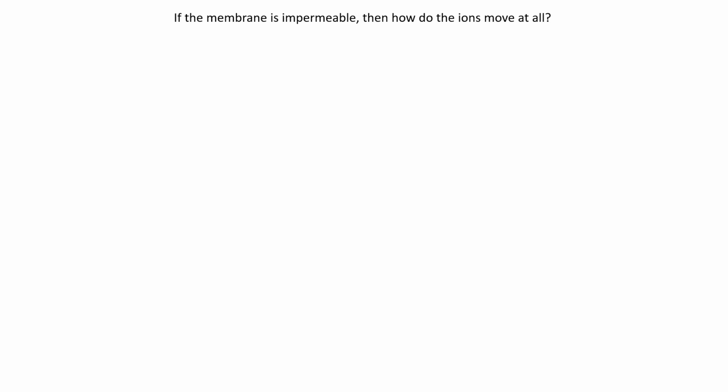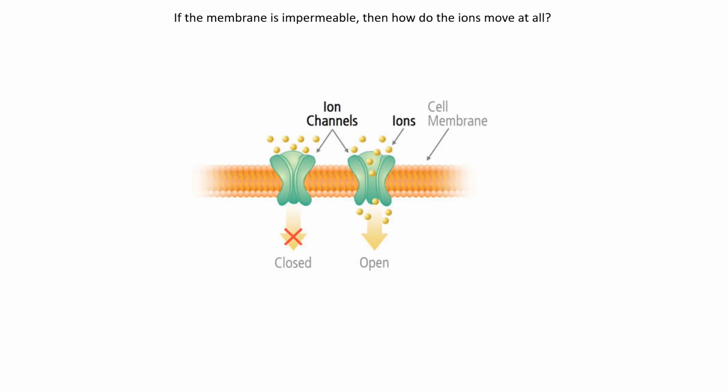So on one hand, we do want this concentration gradient to be maintained. So we want the membrane to be impermeable. But at the same time, we also want the ions to move in response to the concentration gradient. And the way these cells have actually managed to achieve both these goals is by having certain doors or passages within the membrane that allow the movement of ions. So even though the whole membrane is impermeable, there are certain channels that allow the ions to pass through, and these are called ion channels, as one can expect.